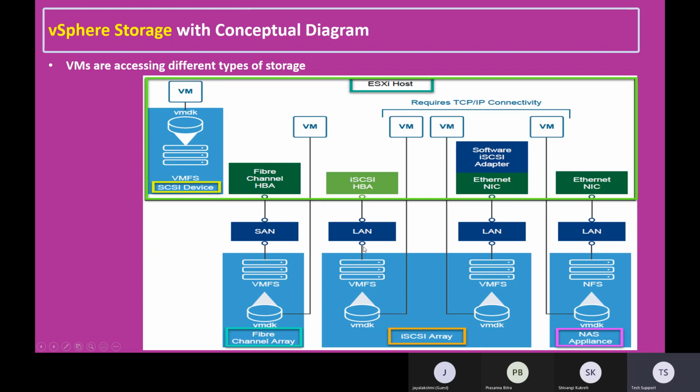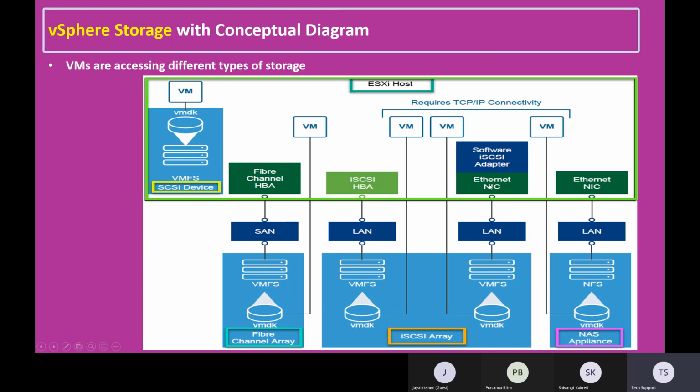Now coming to the third column. Even in the third column, our ESXi host is trying to access storage, but this storage is an iSCSI array. iSCSI array means an iSCSI storage area network. It consists of multiple hard disks. Within iSCSI also, we have two